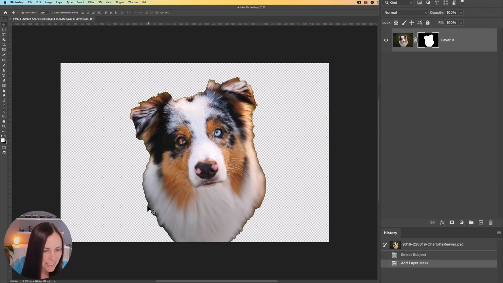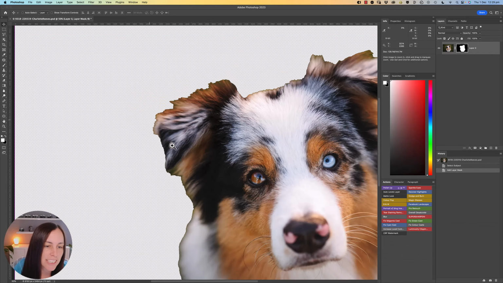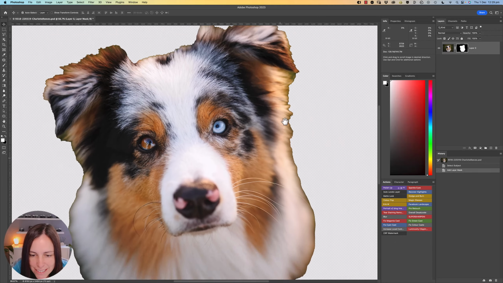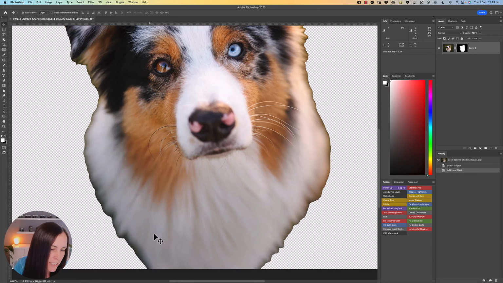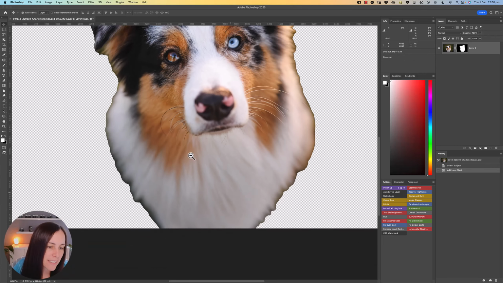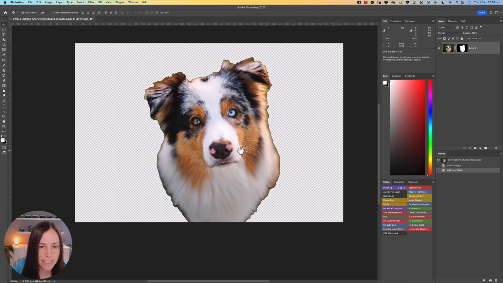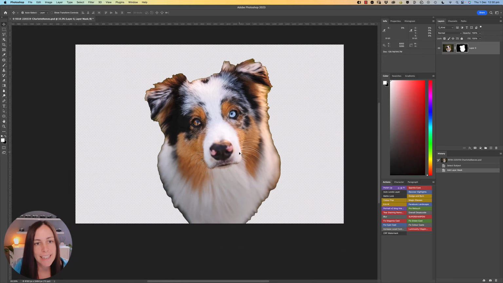As you can see, this selection is of the subject, but it's not entirely accurate. It's a little bit hard edged in most places, and when the fur gets blurry and out of focus, that hard edge look probably isn't going to work that well if we're trying to do something underneath that layer or apply some different kind of effect to the background or the subject.